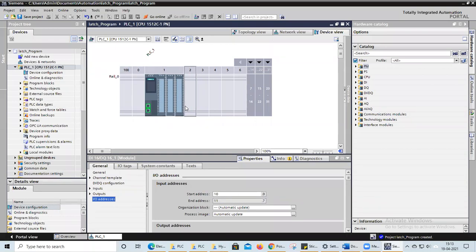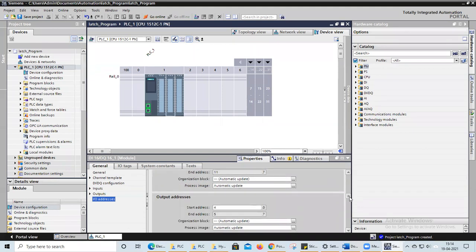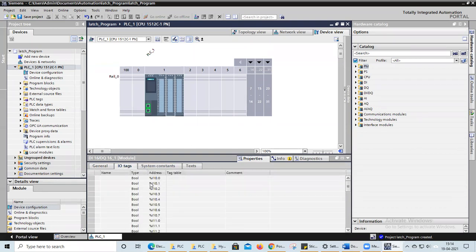For the second module, 12.0 to 13.7. Means it has 16 input pins. And the output addresses start from 4.0 to 5.7. Okay. And in IO tags, you can see the addresses of inputs and outputs.